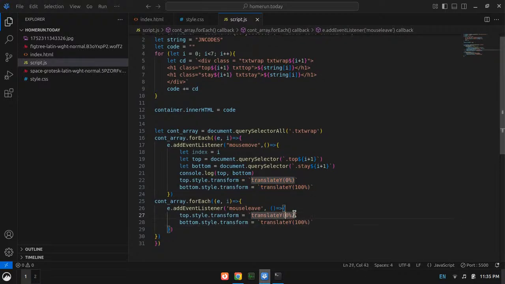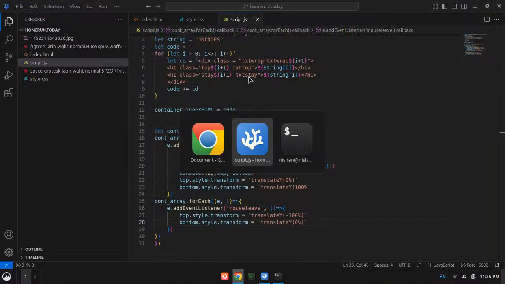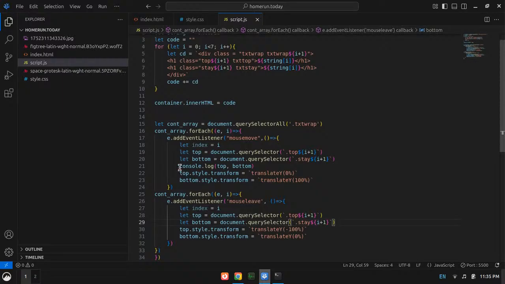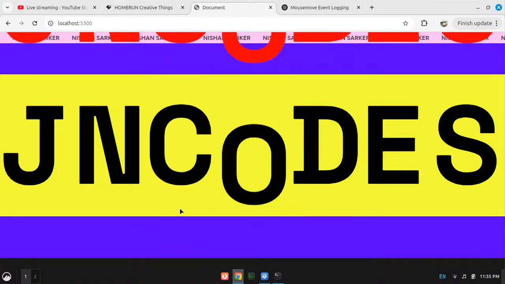That would be negative 100%, I guess, and that would be 0%, I guess. What happened? I don't have the thing here. I need all of this code here. Okay, I need all of that code here as well, and I can remove the console log now. Okay, right? Yeah, now see, it works like a charm.